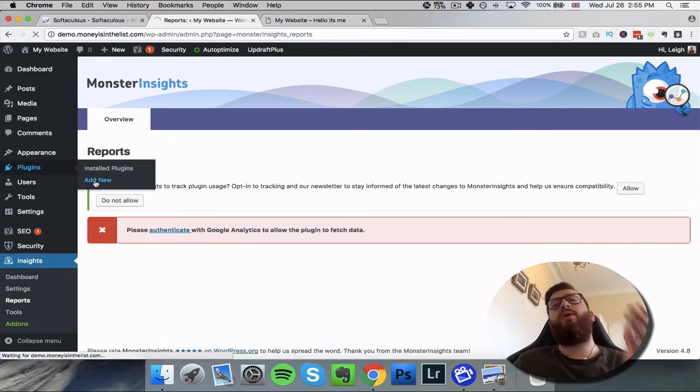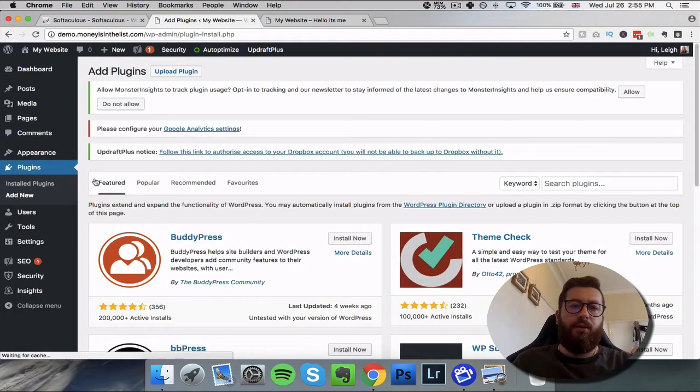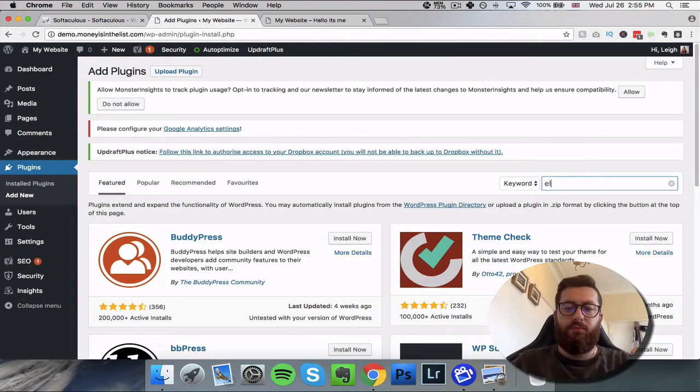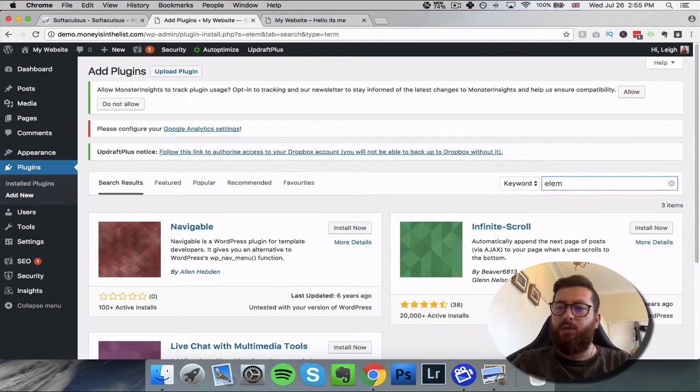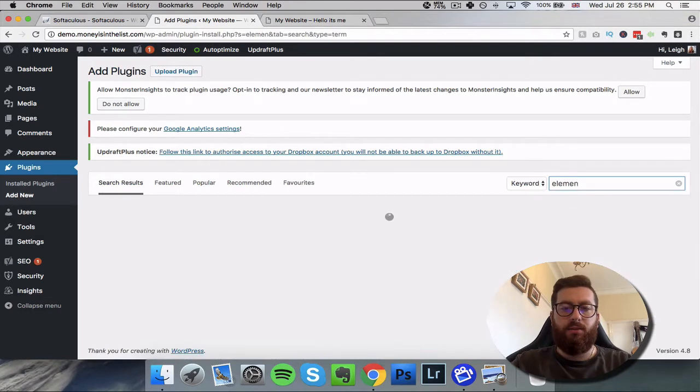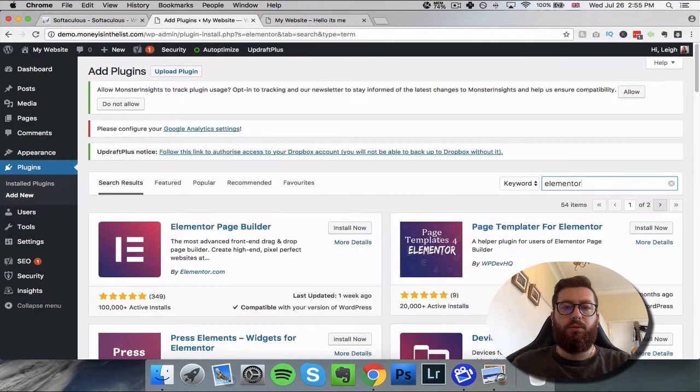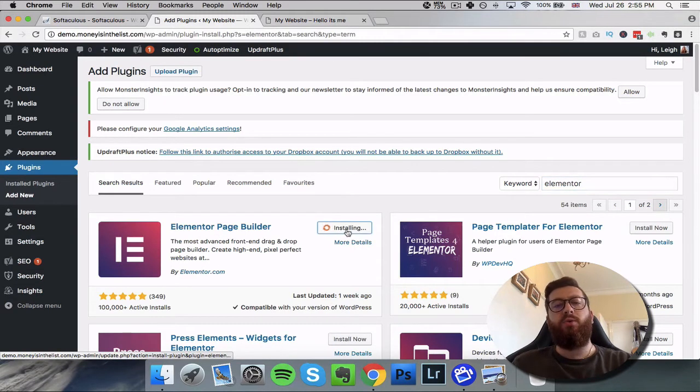is one that helps us make really cool pages. Okay, and this one is called Elementor. Elementor Page Builder. So let's just install this. There's a pro version of this, but we can work with the free version. We're going to click activate,